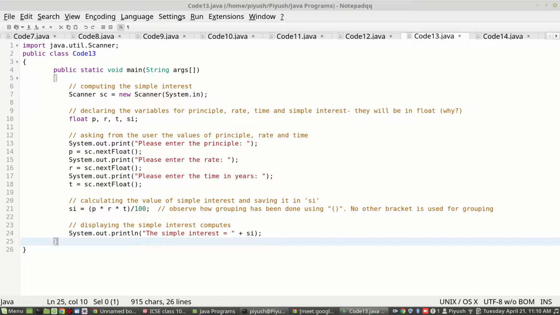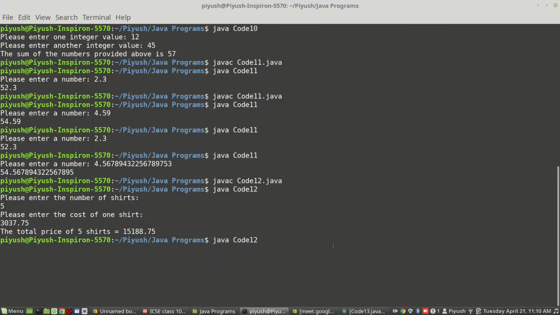This program is code 13. Because there was no error, it compiled successfully, the class file was created, and Java will pick up the code 13 class file automatically.